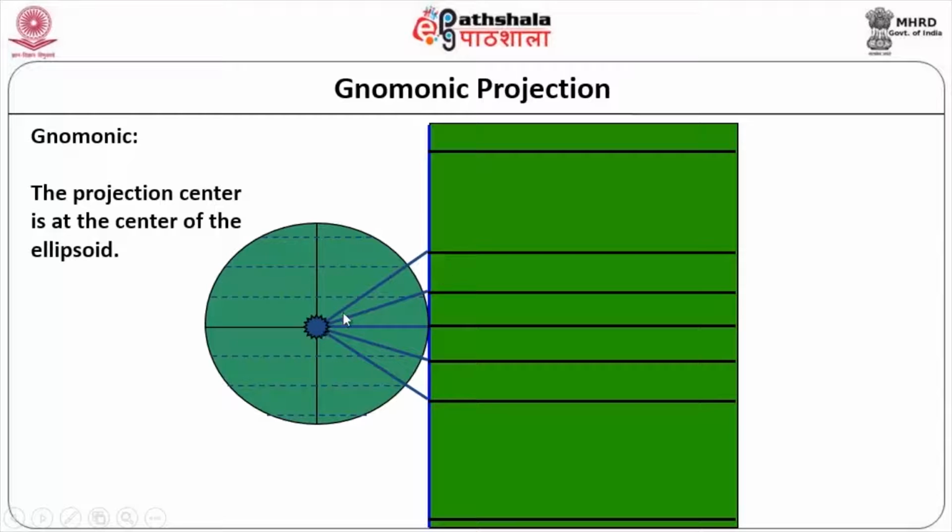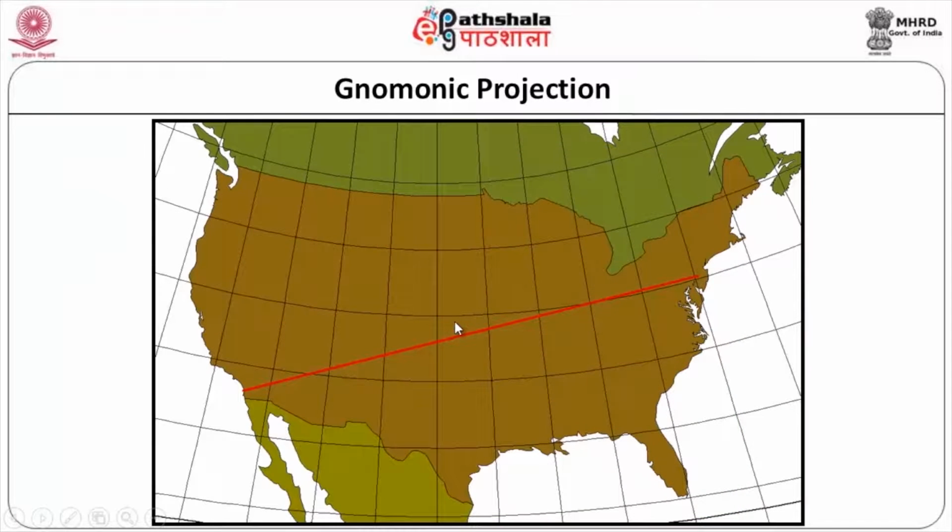From here rays are sent, because light is the source. You can see each of them will be picking up from these latitudes and longitudes. Everything will be projected onto the surface here. So this is the surface and this is the ellipse. This is how the gnomonic projection works, and you can see that the distance is not distorted. From point A to point B there is no effect at all, and it is almost a straight line. Hence this is very useful for distances.